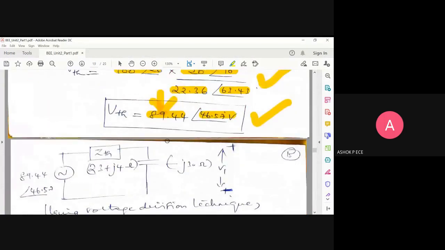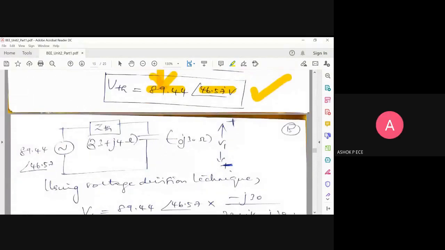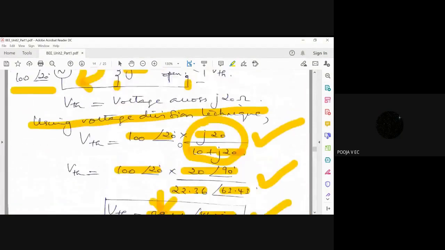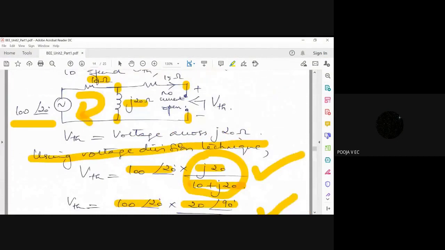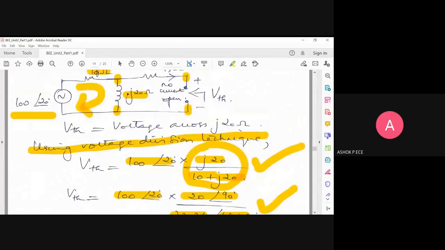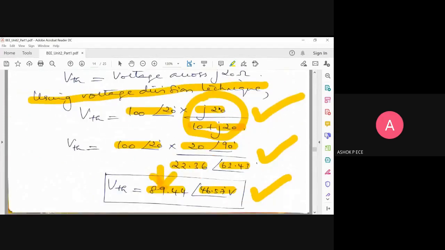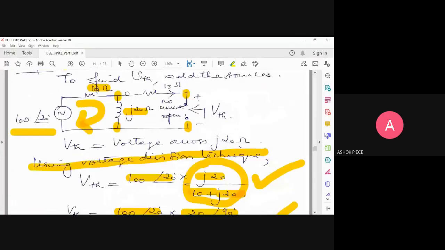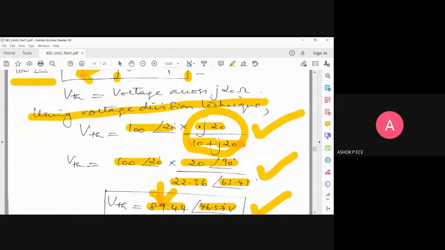Now draw the Thevenin's equivalent circuit. Doubt, sir. Sir, if instead of inductor, if we keep capacitor, means we have to put minus 90 degrees, sir. Yes, when you assume you have minus J20 capacitor here, then it will be 20 angle minus 90. You can write it as minus 20 angle 90 also, but I always said this to you. Magnitude should be always positive. So take the negative term inside the angle. So if you have a capacitor of value minus J20, which is equivalent to what? 20 angle minus 90. Yes, you are correct.